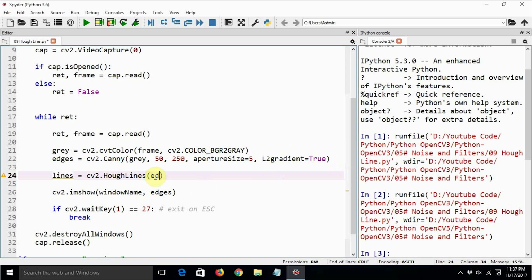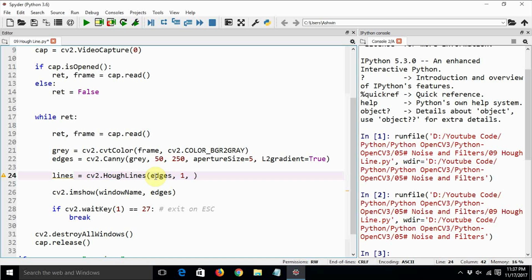Edges is the image from which the algorithm is going to compute all the lines. The second argument should be the rho value. It is the distance accuracy of an accumulator. This is known as rho.